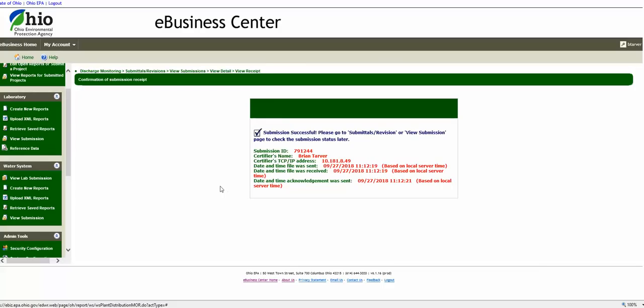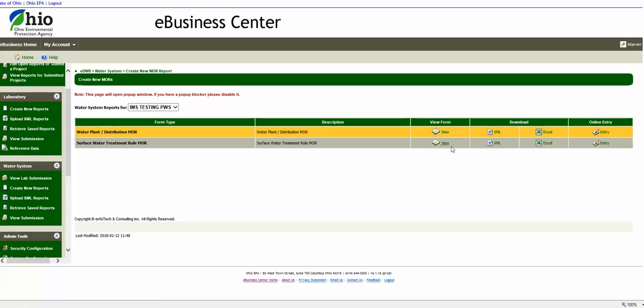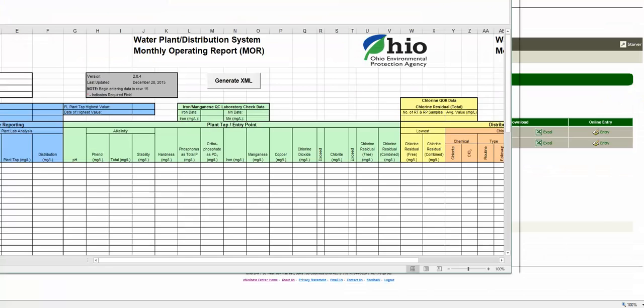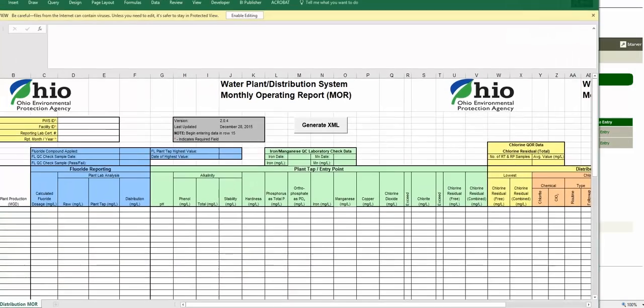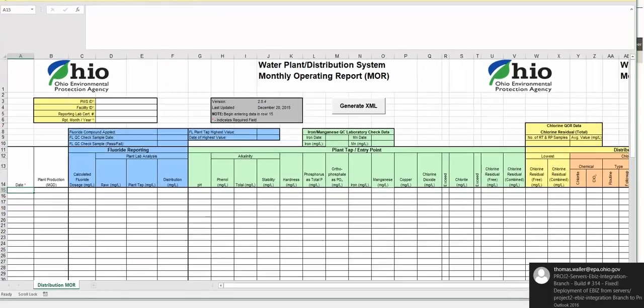Now, if you report normally using the Excel spreadsheet, you'll once again create your report as you normally do, and you will enter your minimum staffing times in the comment field on the far right of the spreadsheet. So I will download a new spreadsheet. Click open. Bring it over here into view.